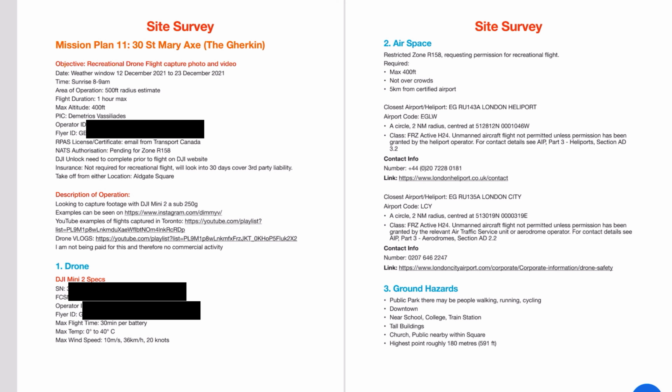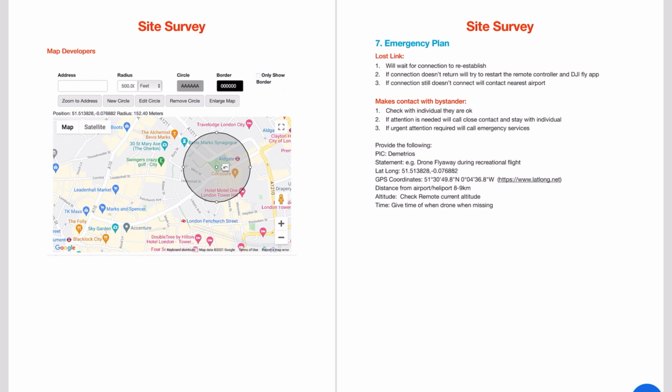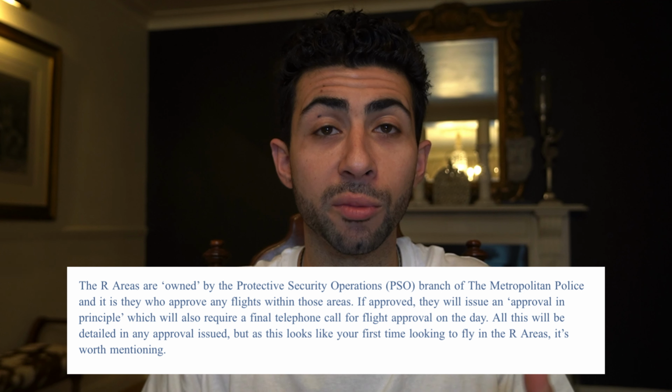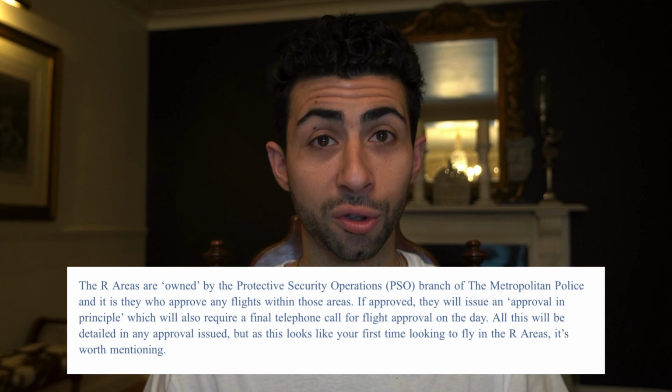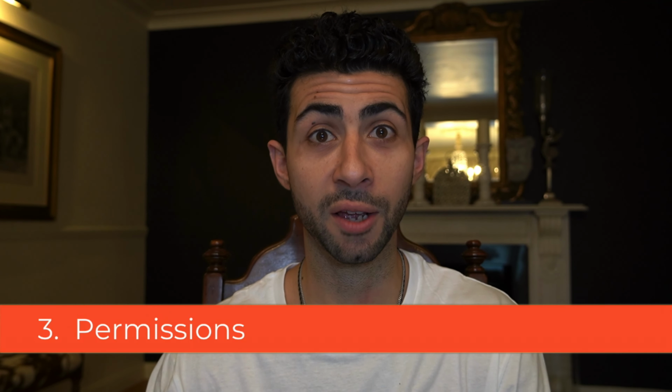I actually have my own document template which I use to start planning all my flights. So it will tell me my ground hazards, my air hazards, any obstacles, do I need any permits, etc. When I was flying in London, I did use this because I needed to send some form of document to the Metropolitan Police. So which leads on to step 3, which is permissions if you're going to be flying in